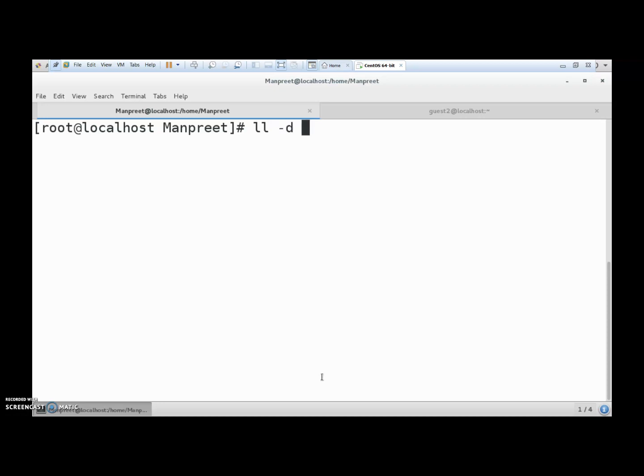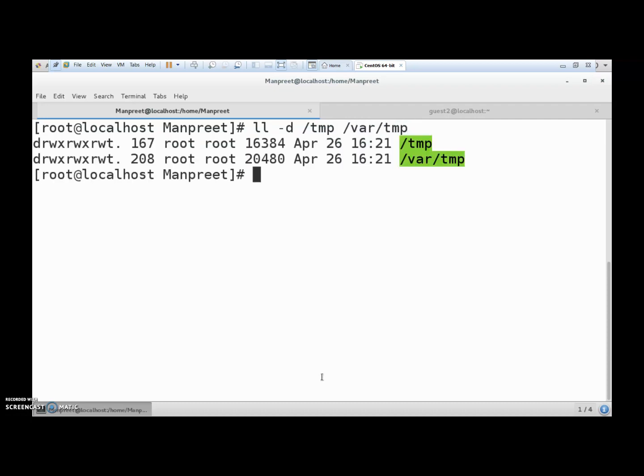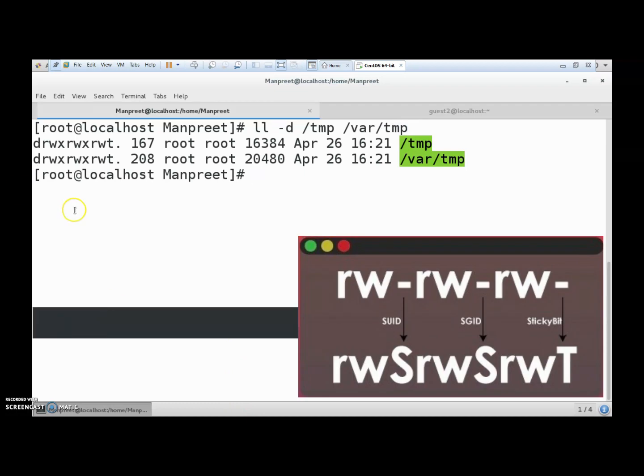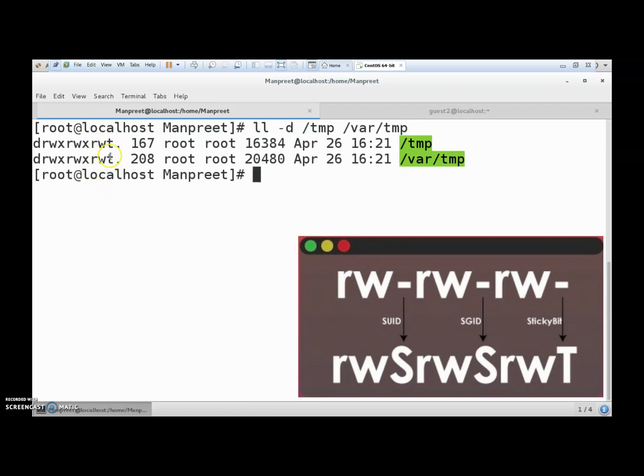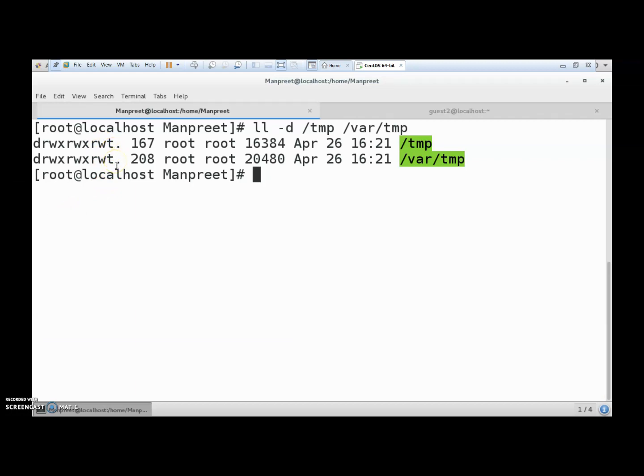Suppose I'm taking the example of /tmp as well as /var/tmp. These are the two directories we are having. We can see very clearly this, especially the last triplet, which is meant for the others. So t is visible to us, which means that the sticky bit is by default enabled for this particular directory, that is /tmp as well as /var/tmp.